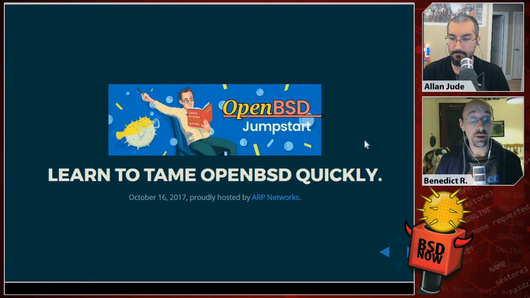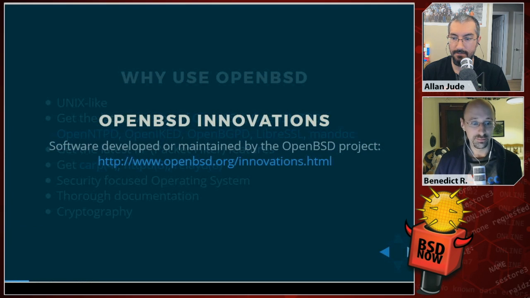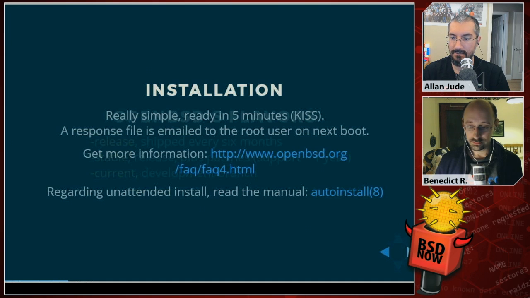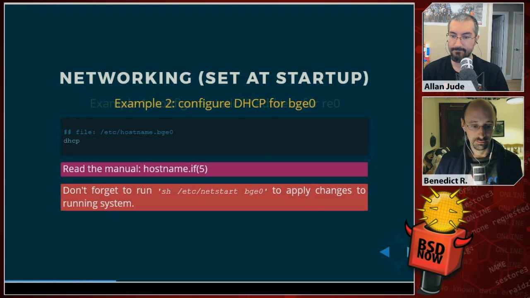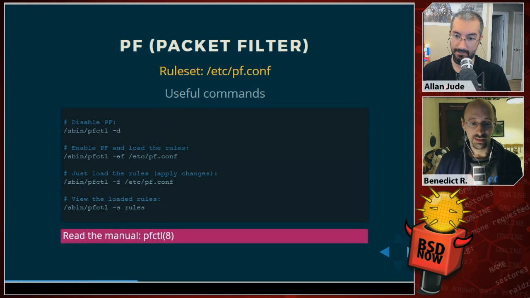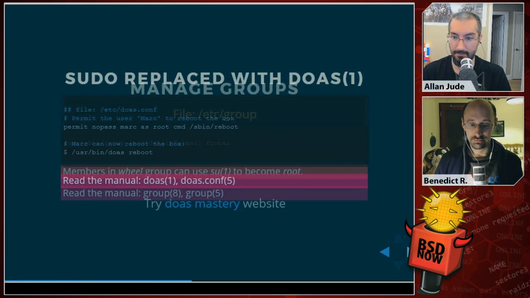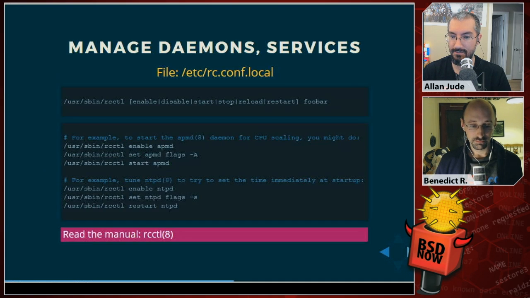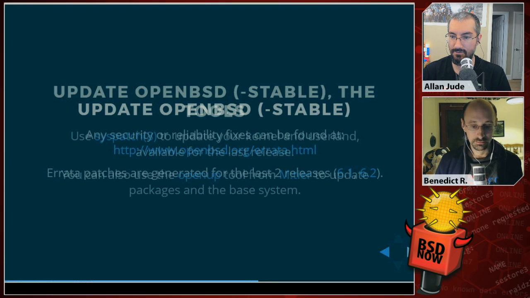And the next story we have is also about OpenBSD. Learn to tame OpenBSD quickly. So there's a website, openbsdjumpstart.org. That sounds interesting. It talks a little bit about the history of OpenBSD, some of its innovations, how the version numbers work, what the different flavors are, how to get it installed, what some of the important files and commands are for setting up the network and routing and so on. A lot of examples. How to use the packet filter and get PF running the way you like. Links to that. How to add users, how to manage groups using doas, how to install packages, how to install non-free firmware images, how to manage your various daemons and what starts at boot up, how to update your stable releases with syspatch,